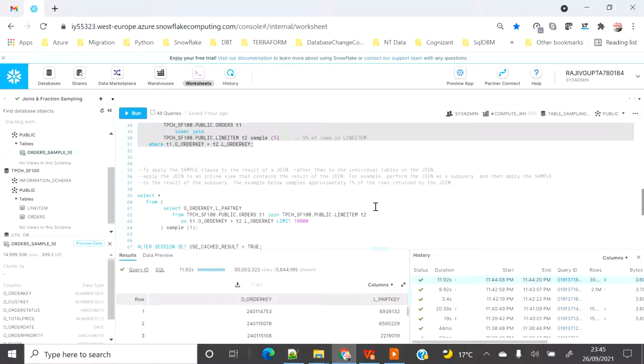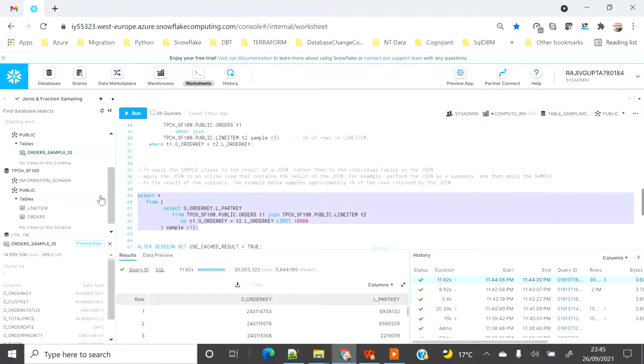Say we want to join both the tables, and because there is a one-to-one relationship between the parent and the child table, we don't want to return the entire matched result set, rather we want to sample the final result set. We can do that as well. So we will join both the tables and then use that as an inline query, and then we will sample the inline query.